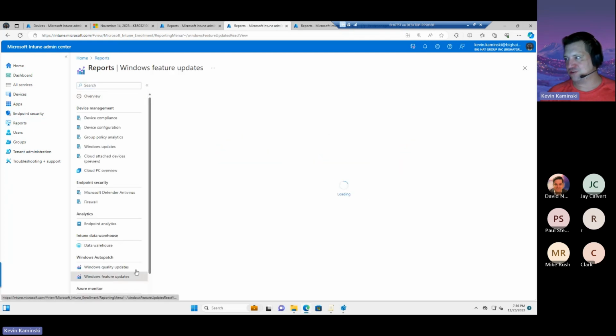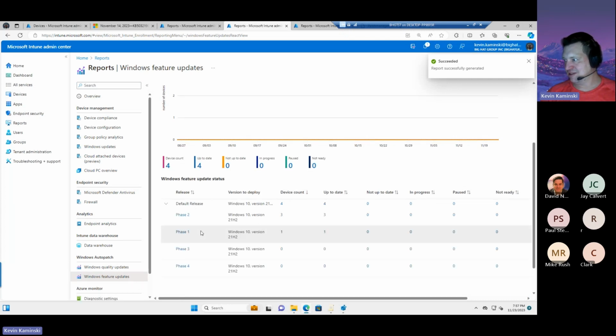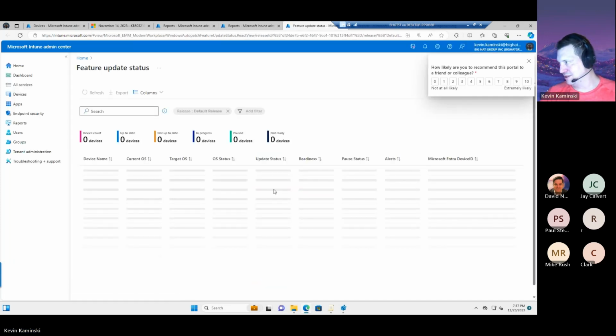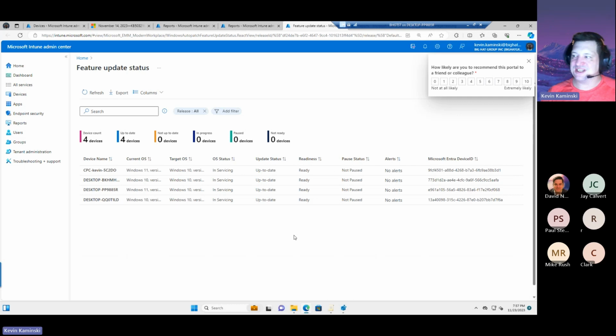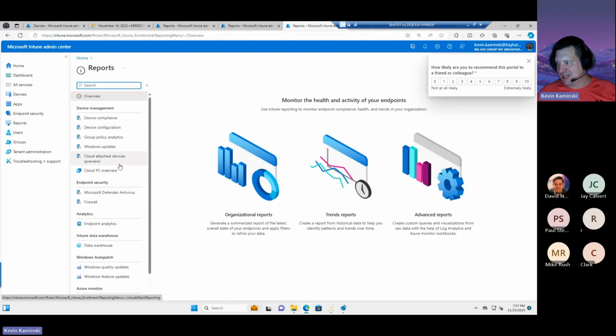Also in there, there's the feature update status. It's pretty simple data as well here. If we go down to here, yeah, it does give some readiness for the next feature update. So if there's a readiness issue, it will come up. But the thing I didn't quite, well, we'll see. Let's see, maybe it came through now. But Windows updates,